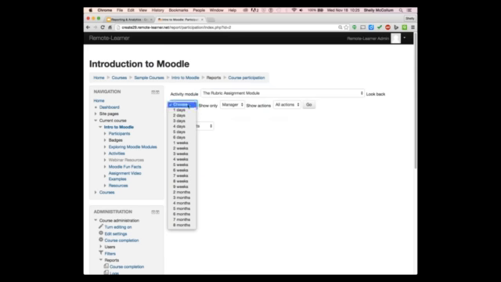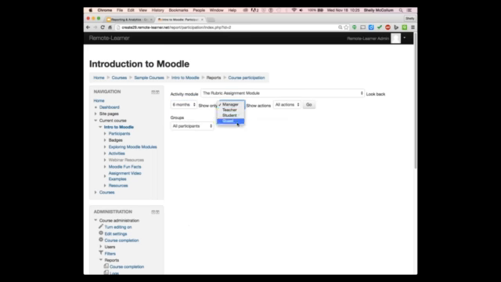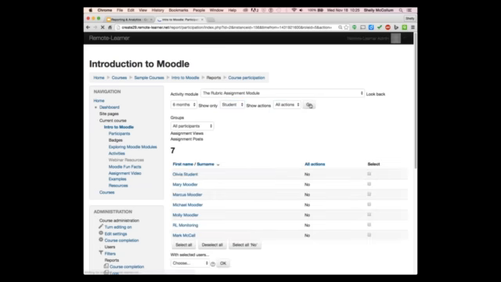Now, you can look over a specific time period, so I'm just going to say in the last 6 months, and you can pick a specific role, so a student role, someone with a student role. And this one kind of bugs me because it defaults to manager or one of the other roles, and so I typically have to change it to student. You have to remember to change it. And then you can look for a specific action if you want, viewing or posting, and then you can hit go. Now, when you hit go, it's going to tell me, okay, this is the rubric assignment,